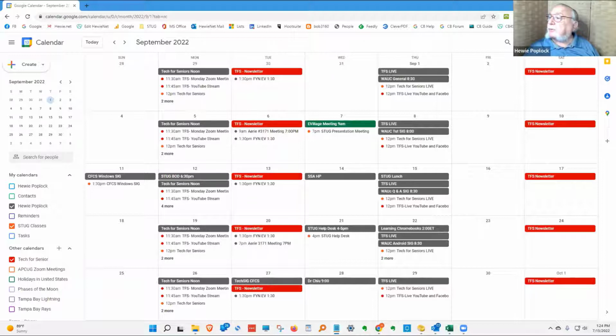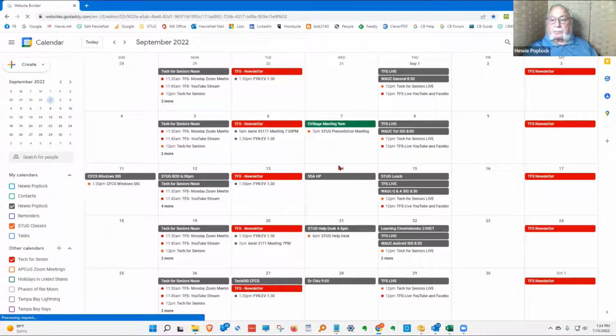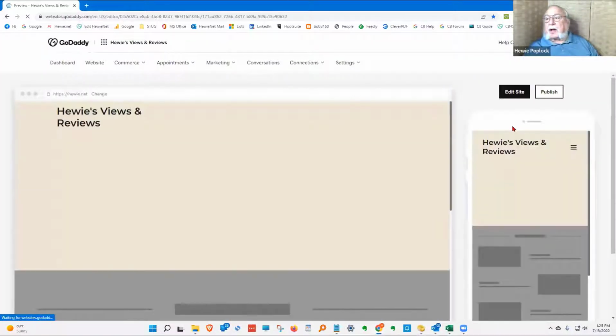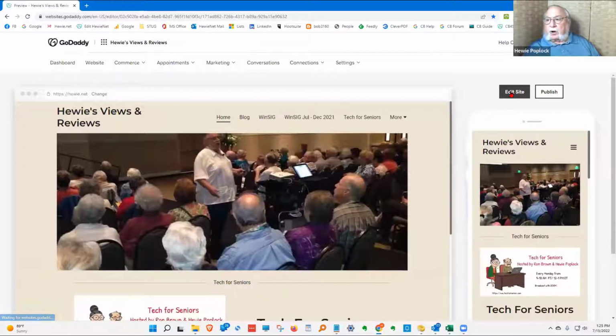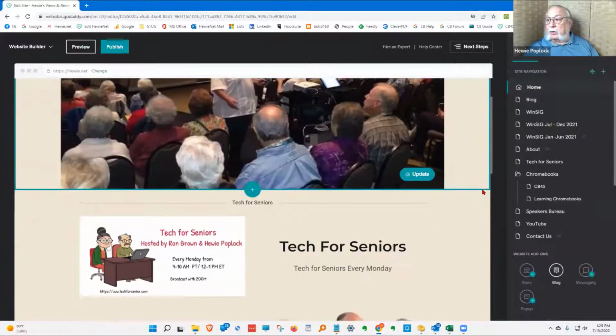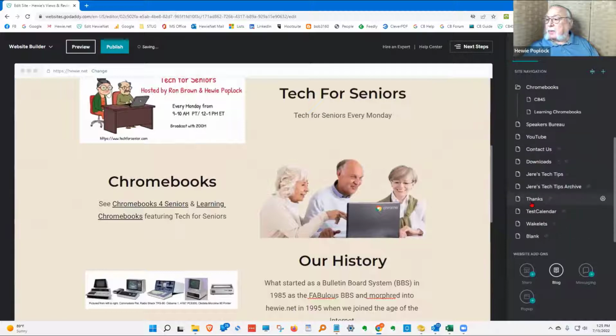Google settings. Okay, how do I add a calendar to a website? The first thing I was going to do is show how I added it to my website. So I'm going to come up here to edithuey.net. Now, every website is different, and I happen to use one that has some software that I get from GoDaddy, and they host it, and I'm using their software to create the website. So if I come down here and I go to the test calendar,